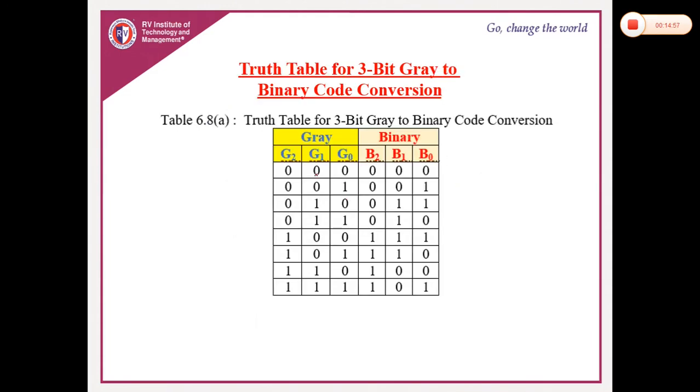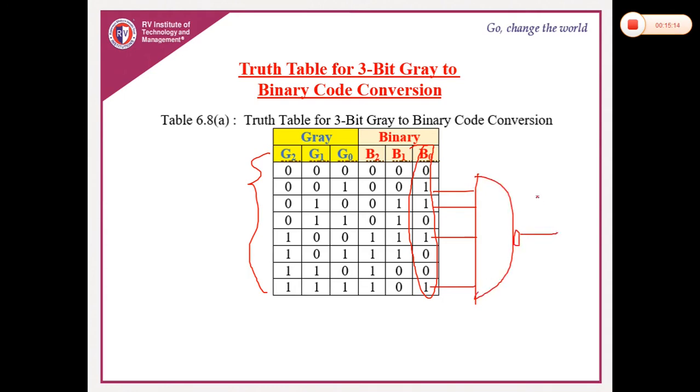Finally, we will see how to get gray to binary also. So for that, again same thing. You just concentrate on this 0 1 1 0 and 1 0 0 1. Wherever 1 is there, take that. What is our next duty? Give it to NAND gate. Okay, then whatever you will be getting is B0. Similarly, how to get B1?